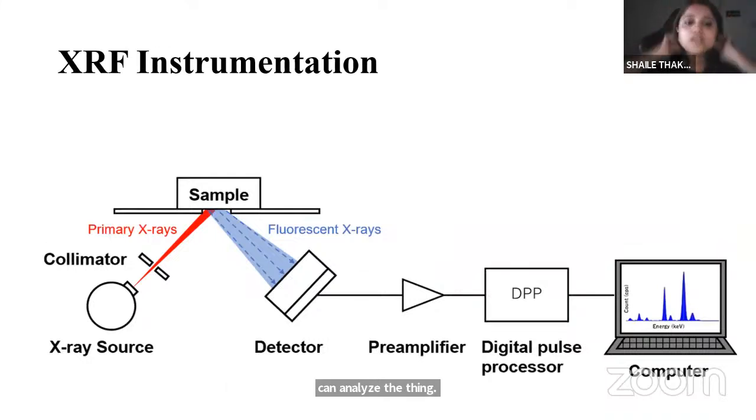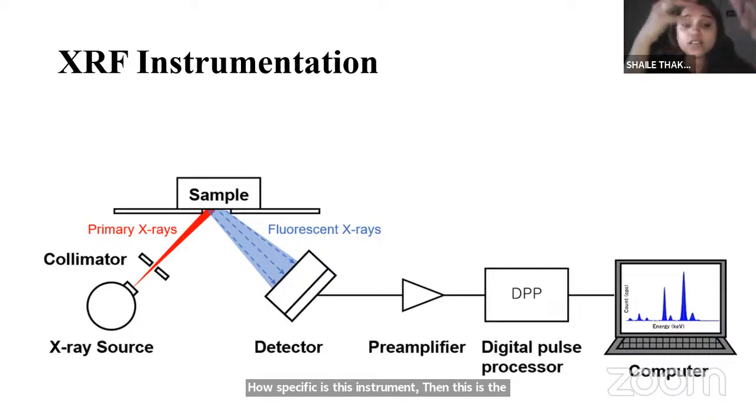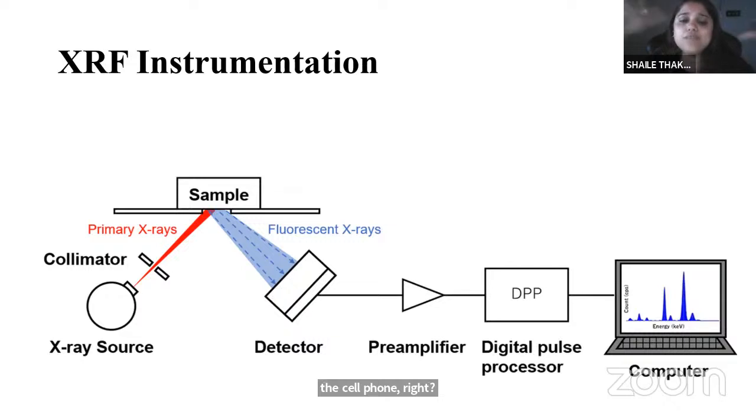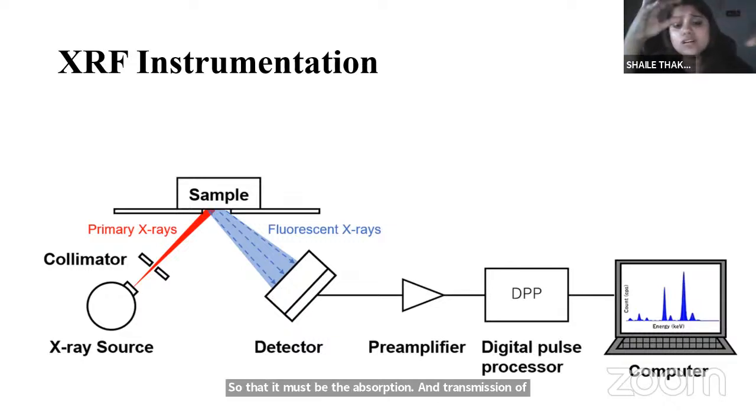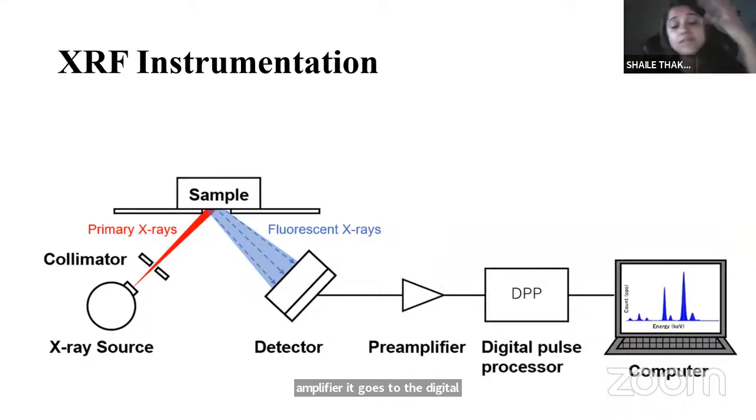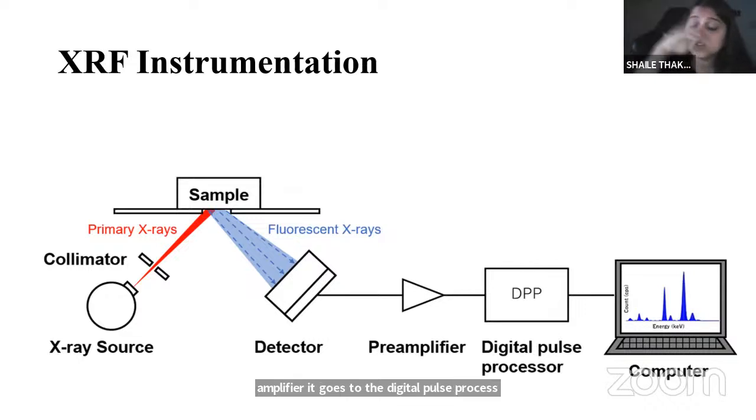Then this is the instrumentation. Basically there is an X-ray source which produces the fluorescent light, and whenever this X-ray, meaning secondary X-ray, is produced and made to meet the sample, right? So there must be the absorption and transmission of the light. Based upon that, the detector will detect, and then it goes to the amplifier, and after the amplifier it goes to the digital pulse processor, and ultimately to the computer. Computer will show us the spectra, right? So spectra are produced on the readout device. Okay,